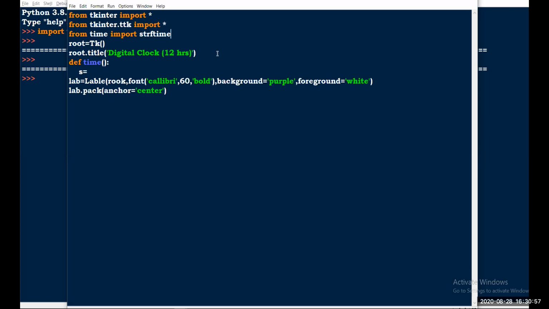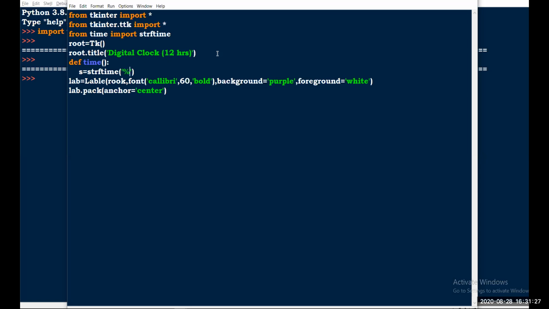I just import strftime, and here you need to give strftime, and then you need to give text equal to s. That's all. Oh sorry. And here we are going to convert the time, right? You need to specify some tags.